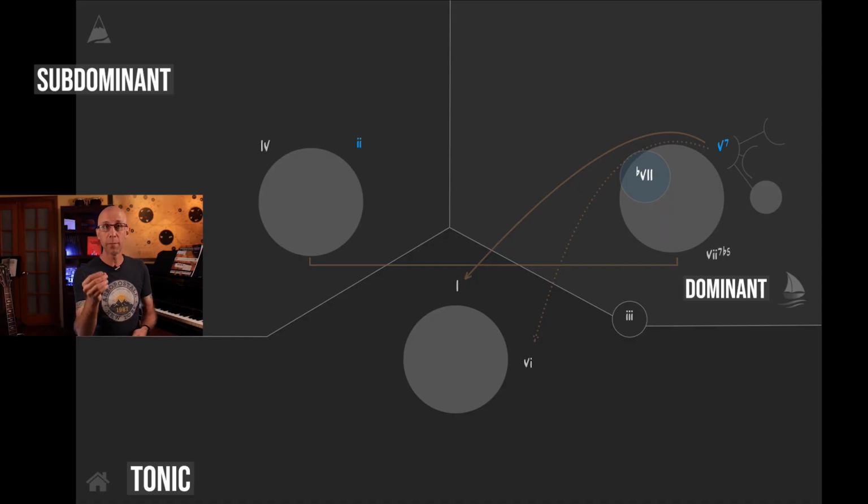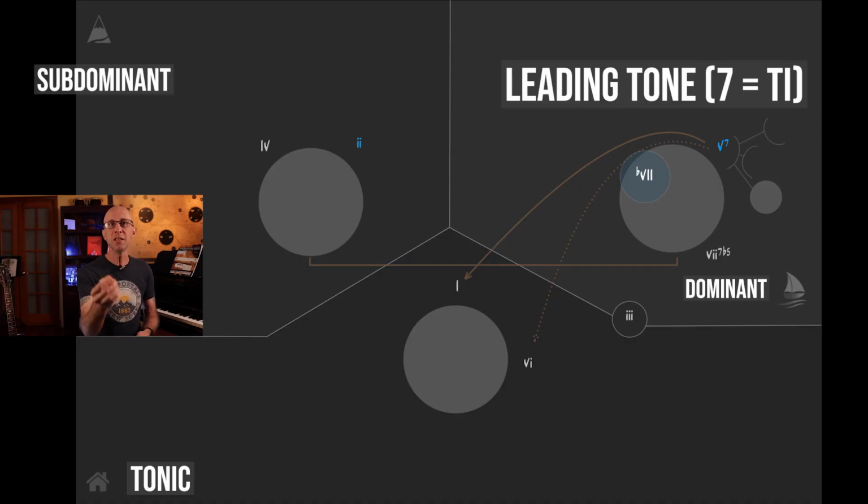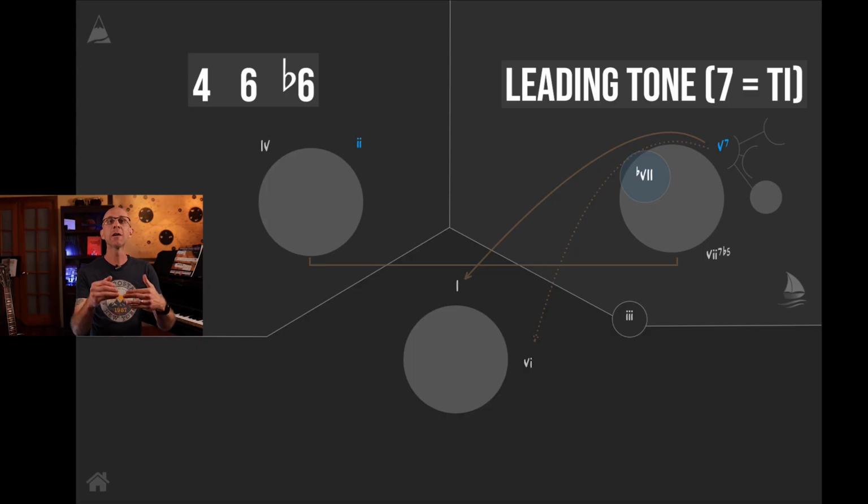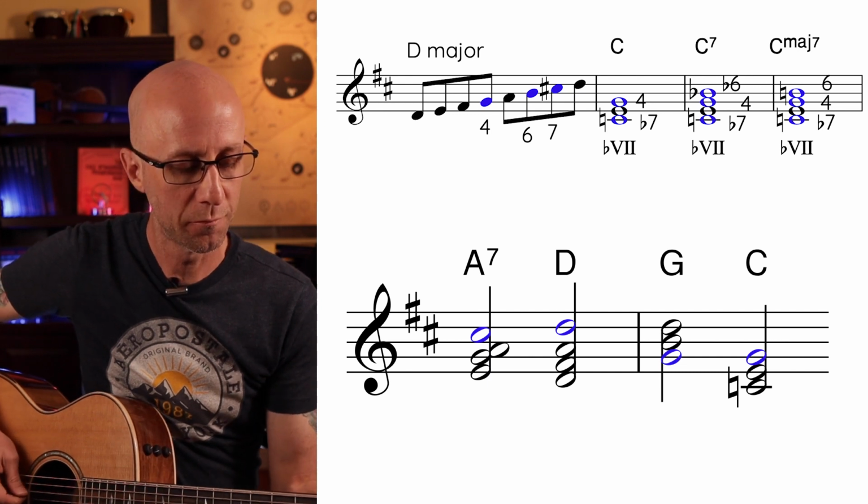Remember, chords in the dominant region should contain the leading tone of the key, T, or C sharp in the key of D. But the flat 7 contains, well, the flat 7. Even further, it contains the 4 and the 6, or the flat 6, which are all characteristic notes of the subdominant region. So if we're in the key of D,